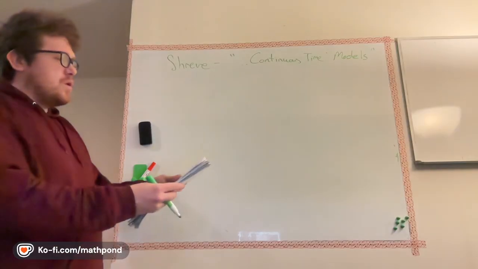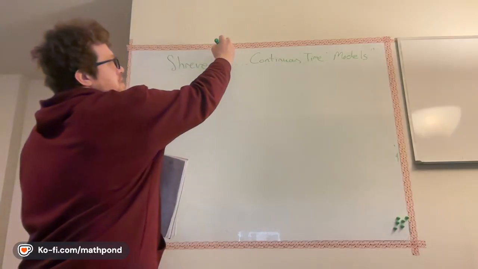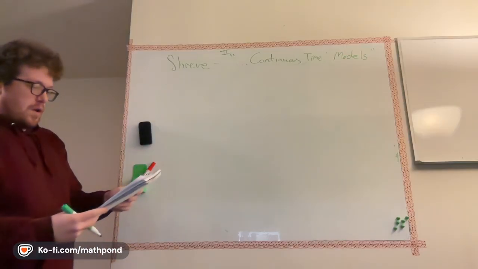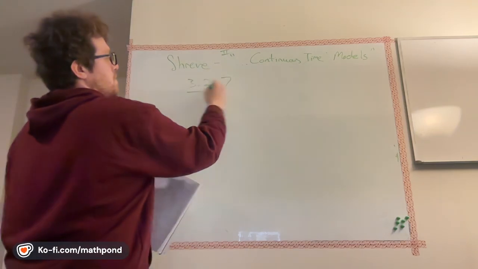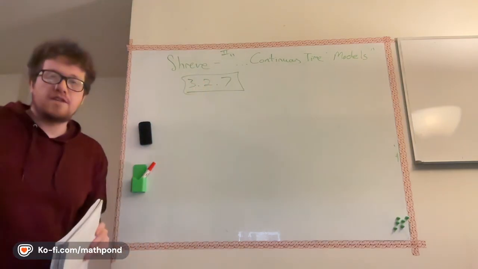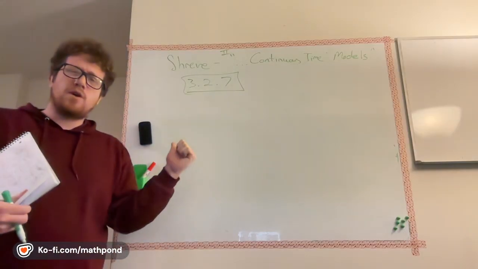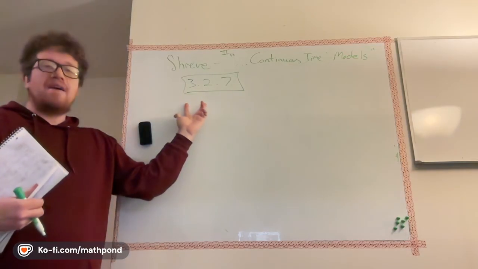Right, so this is the second Shreve book, Continuous Time Models. This is Stochastic Calculus for Finance 2. And in 3.2.7, he starts going into, I think there might actually be somewhere in the first book where he does this calculation also, but when I went through the book, I couldn't find it. So I found it in the second book,